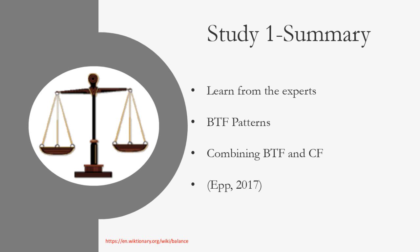Without further ado, I'm going to jump right into the research, deeper into blenderized tube feed, because our profession is an evidence-based profession. The first study, titled "The Use of Blenderized Tube Feeding in Adults and Pediatric Enteral Nutrition Patients," sought out the experts on this topic, being those that have utilized blenderized tube feeds for an extended period of time. Instead of reinventing the wheel, we can learn from those that utilize this form of enteral nutrition and analyze their blenderized tube feed patterns and understand what is working and what might not be working to make this diet sustainable